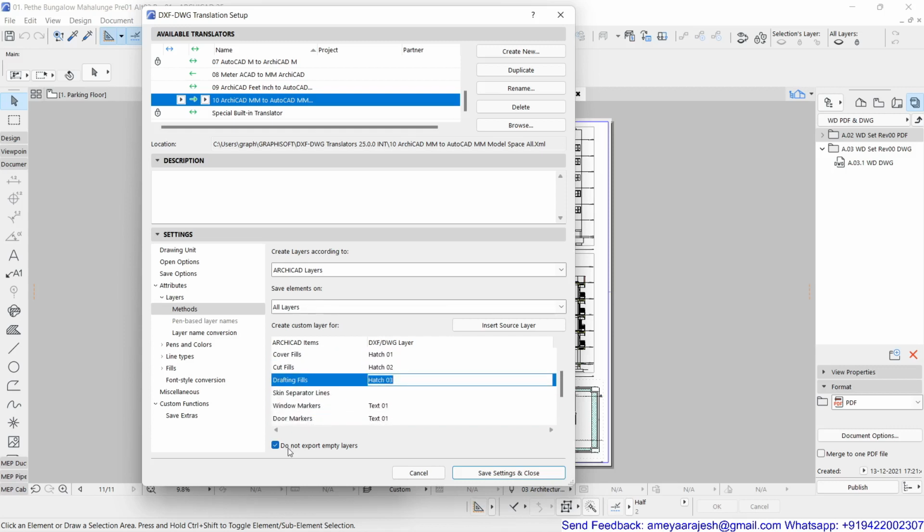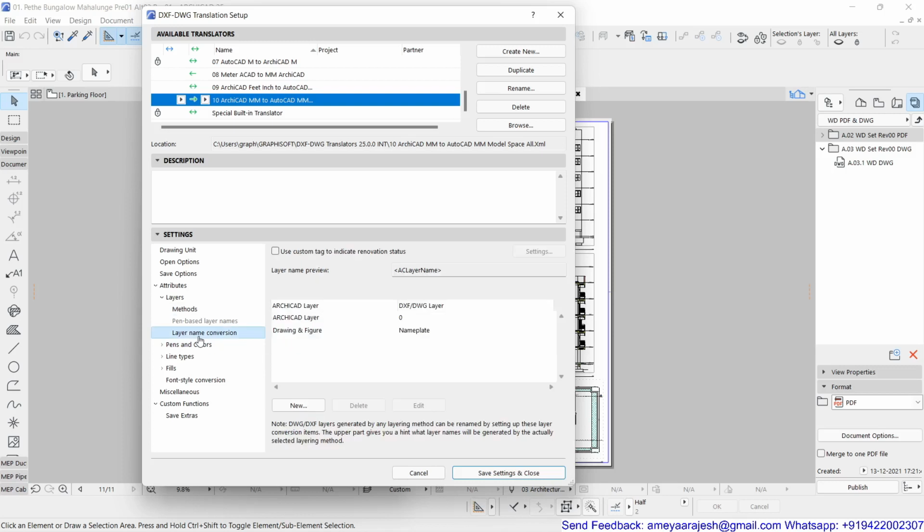Another thing is Do not export empty layers, which is again your wish. Now the layer name conversion is again an important thing, because if you feel that any ArchiCAD layer has to be renamed for your comfort, you can do that.